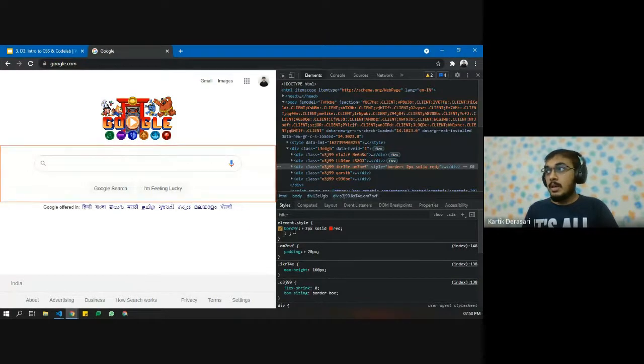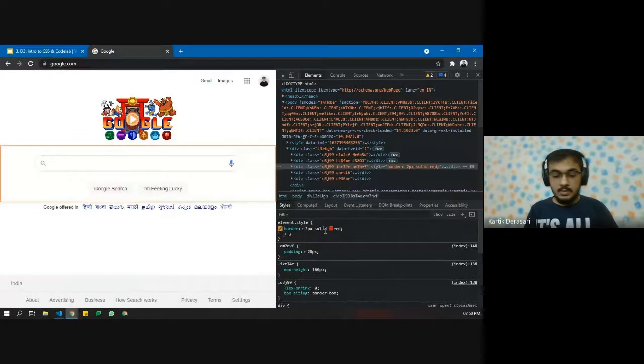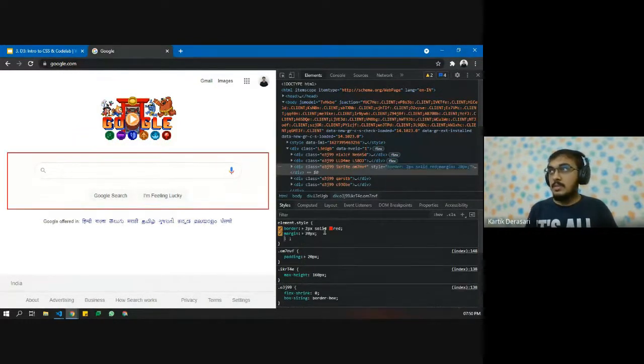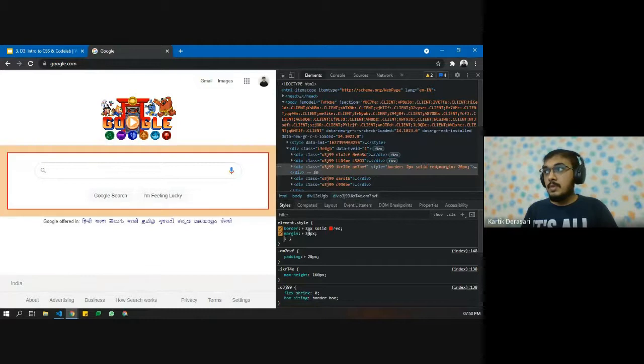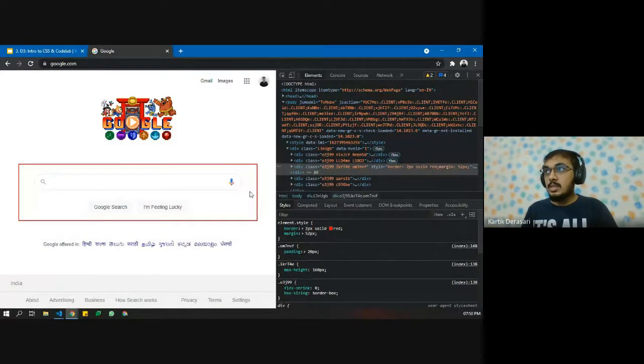And if you want to add margin, see, margin is outside the border. We can also increase that. Margin is outside the border.